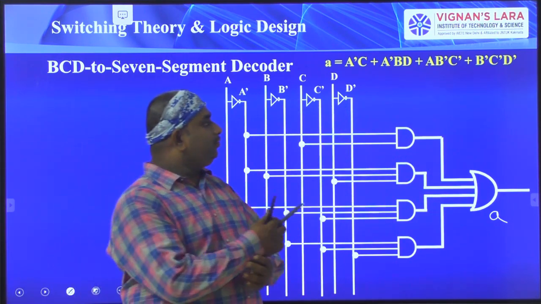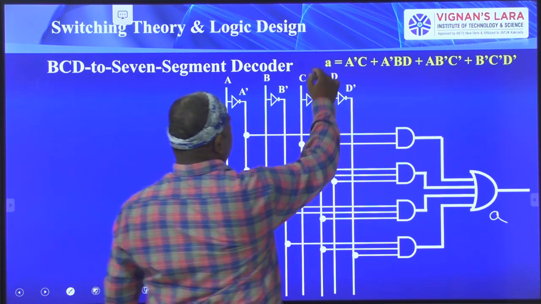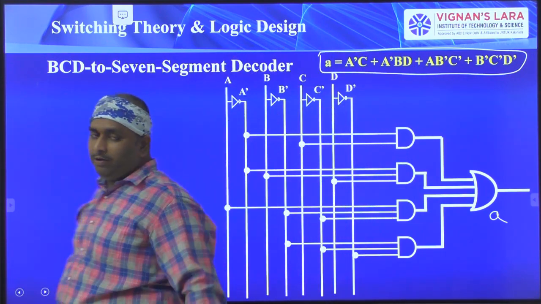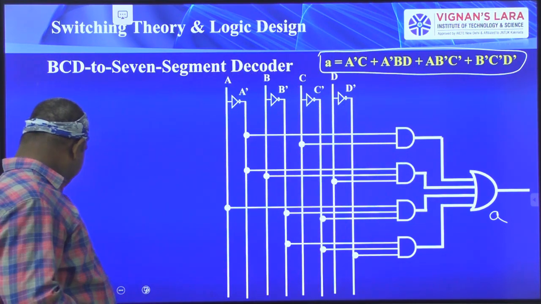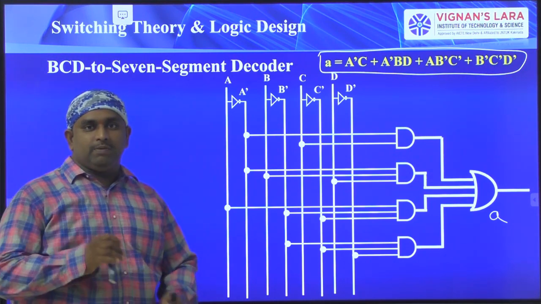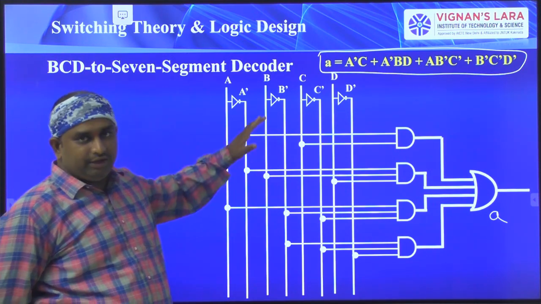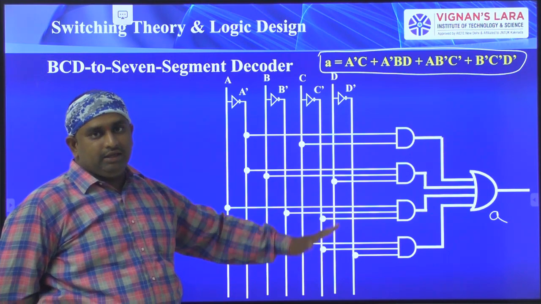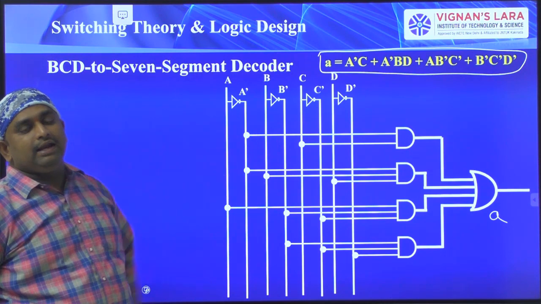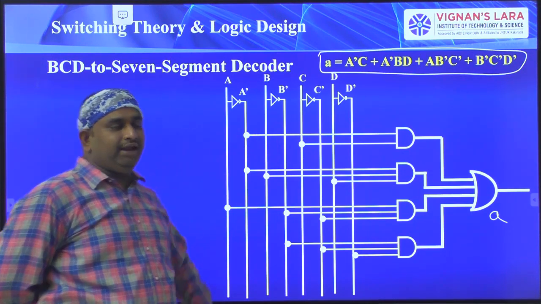Like this, you have to draw these diagrams for B, C, D, E, F, G. Here I have drawn these functions for the small a function. Right? So this is about logic diagram implementation. In the exam, you have to write down for A, B, C, D, E, F, G. Total 7 functionalities. You have to draw the diagram like this. So finally,